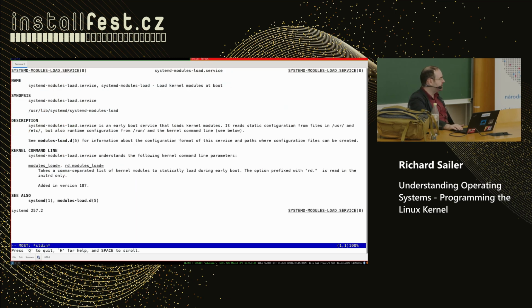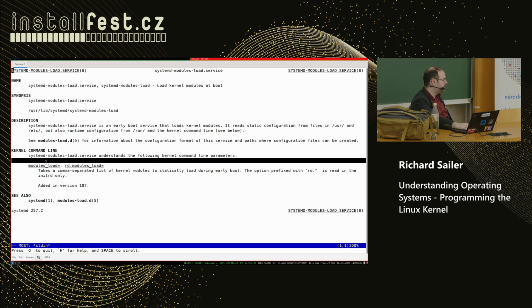So there might be the case when you don't want to use the udev dynamic way of loading modules, and the module is for some reason not built in, then you can just statically load it in a way that's still faster than the udev way. So when this service gets executed, it will just load modules that are in a list. You can provide it here as a parameter, but there's also, I think, a file somewhere.